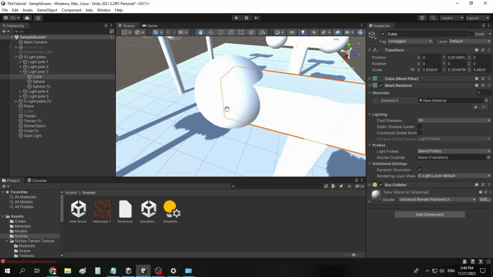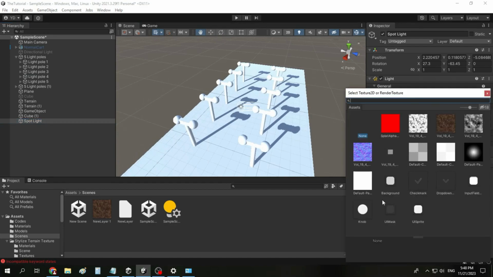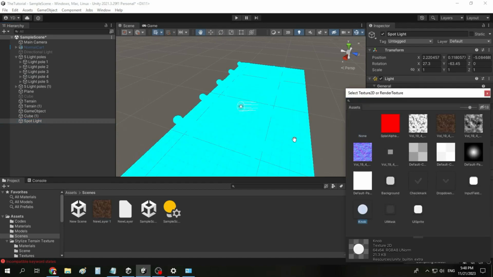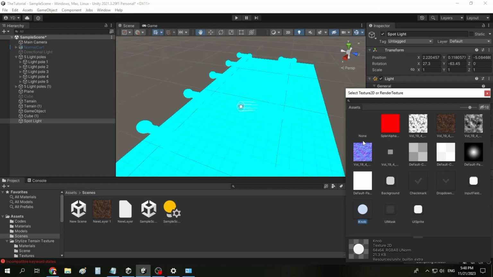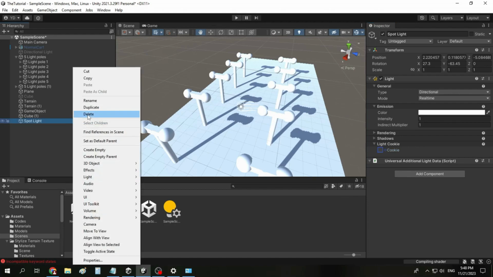The hollow behind the light is the cookie of the light. I don't have anything good to show you, but I'm going to first delete the spotlight that we converted to directional